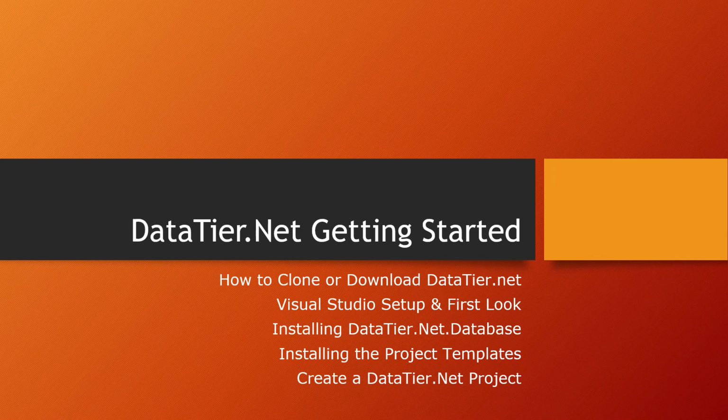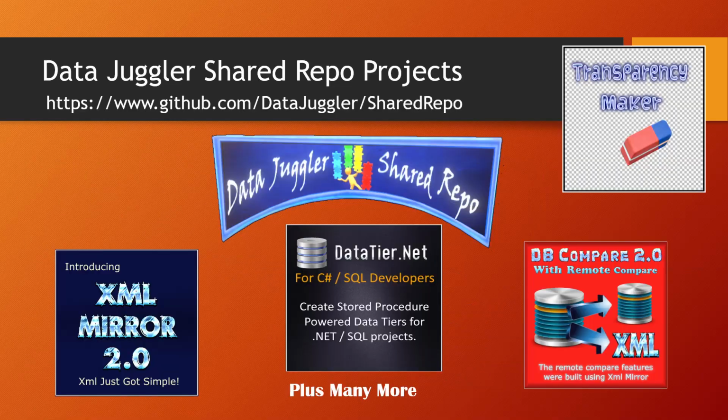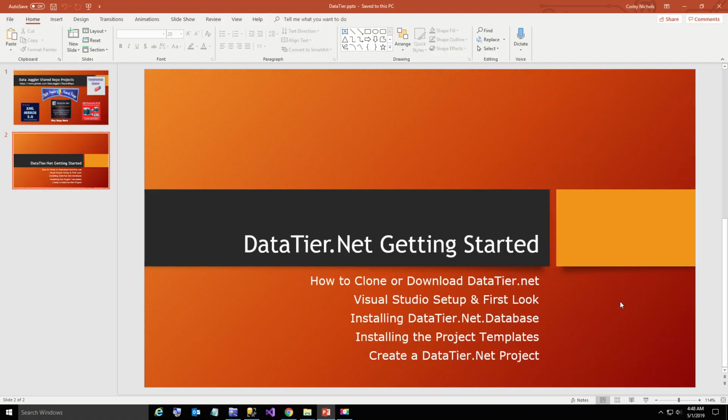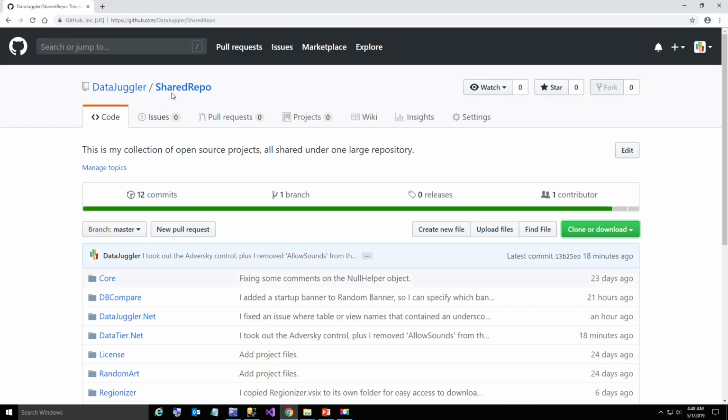In future videos, I'll do some tutorials and deep dives, but I want to make this as fast as possible. This takes about 10 or 15 minutes to set up, but after that, you only have to do this once. Once you set up your database and your project templates, then it's only a couple of minutes to create your project. So, sorry, let me go back, let me exit PowerPoint and go to, this is the Juggler